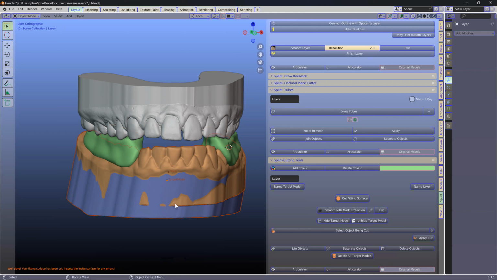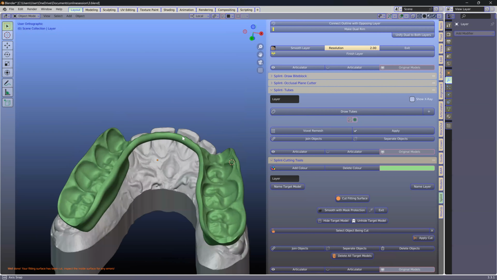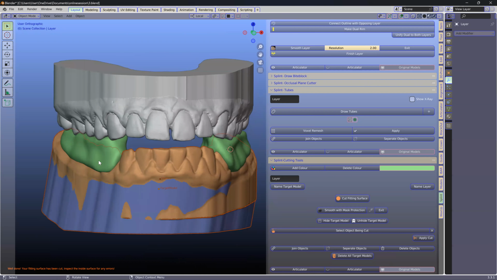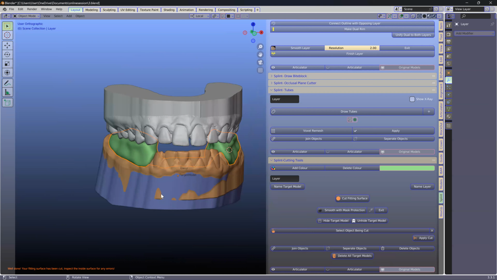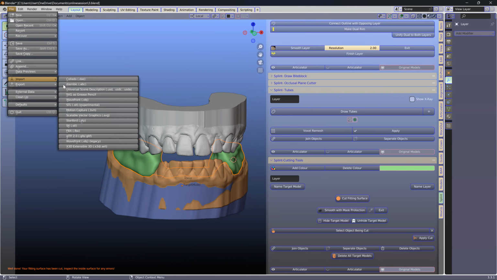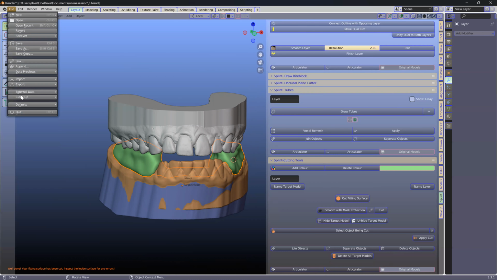So if I have a look on the inside, if I hide it using the H key, we've got the inside cut, and that basically finishes your device. You will then select it, go to File, Export STL. Now this is very important because you have to... Oh, this is Import STL. Sorry. File, Export